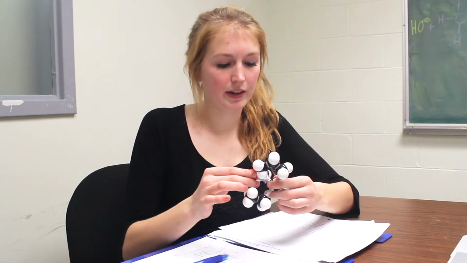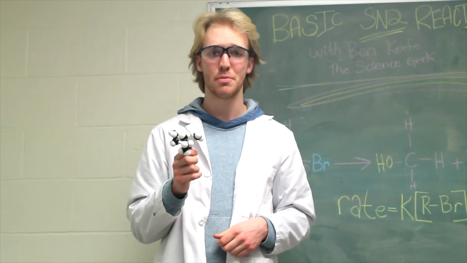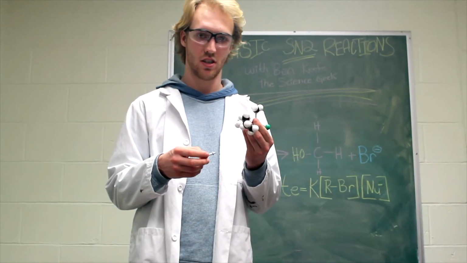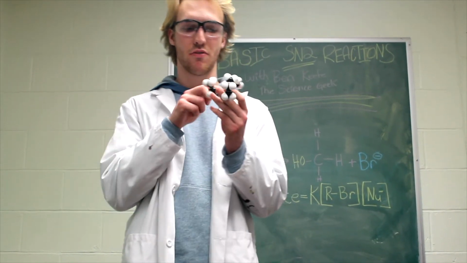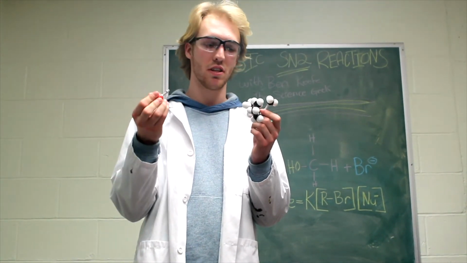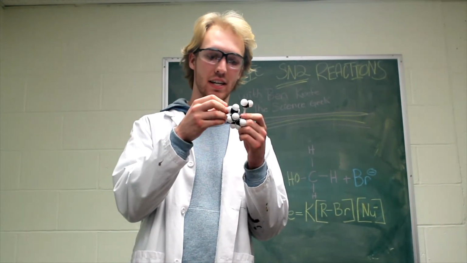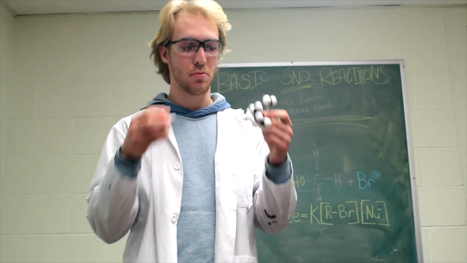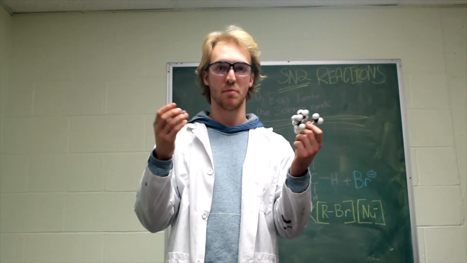What if you have something like this, though? How does it get through all these big groups? That's a great observation. It actually doesn't. But why? This alkyl bromide has a 3' carbon, and therefore it will not go SN2 because the nucleophile, which is adding from the back side, is sterically hindered and can't make it to the central carbon. SN2 reactions prefer to have a primary carbon, not a big bulky 3' carbon, because it's much easier for the